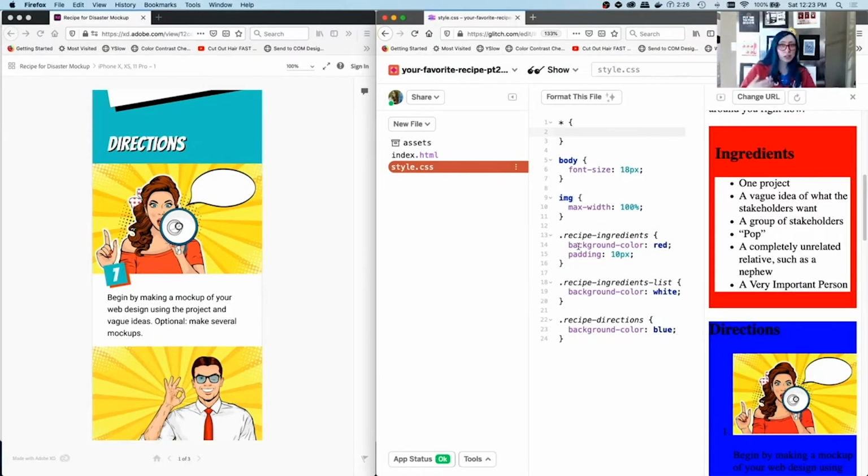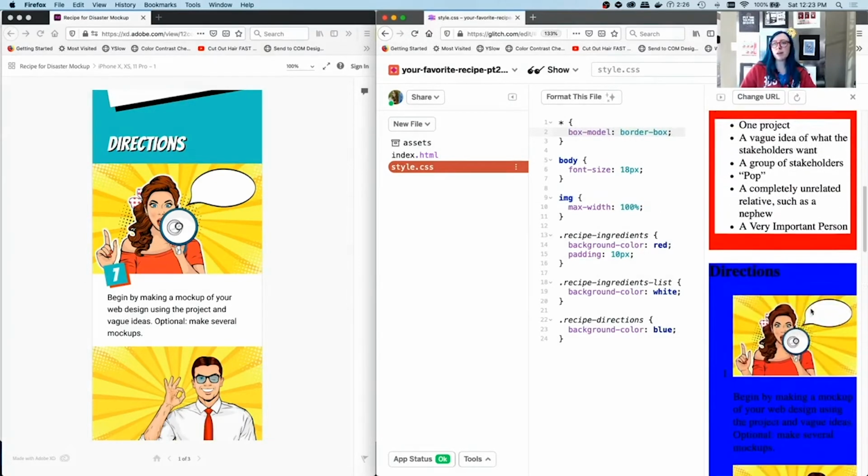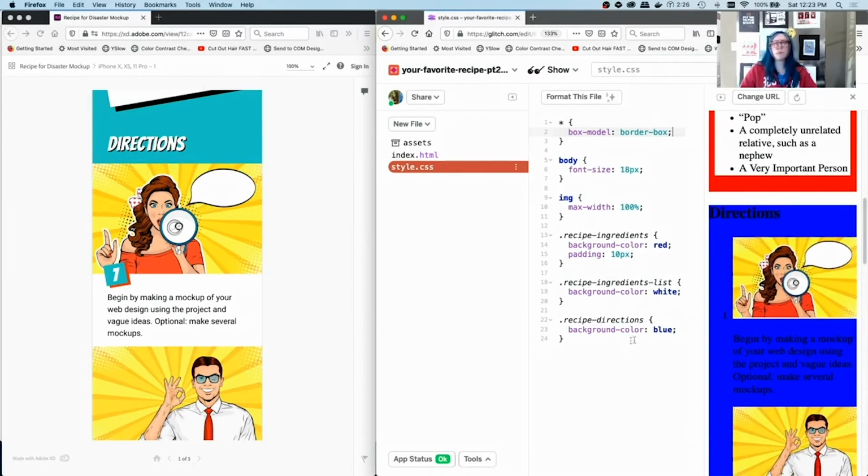So why is my width all funky? Why are things getting cut off? Just put this rule at the top of the page and see how it affects things. So we're going to do box-sizing: border-box, that says include the border in the box. Now it's still getting cut off, but at least we know that it's not a box model problem.